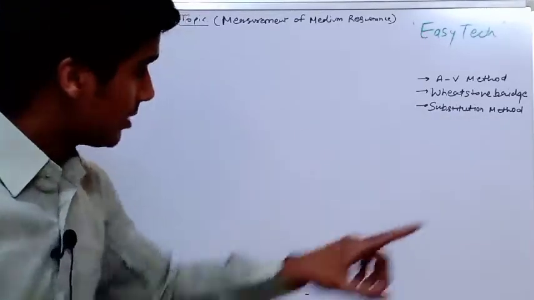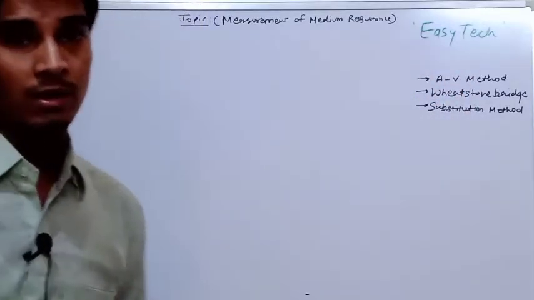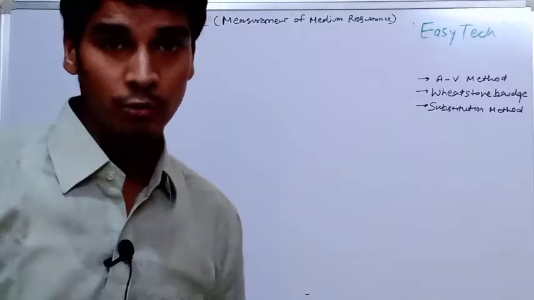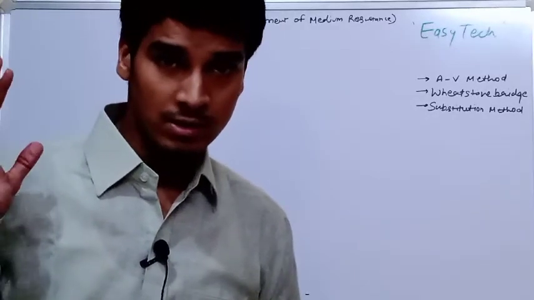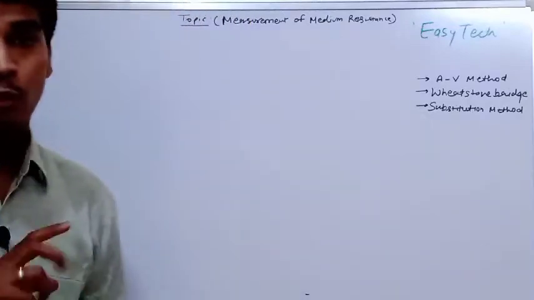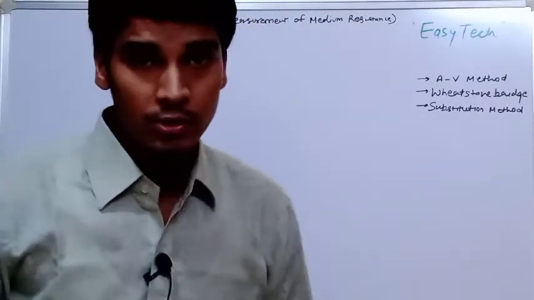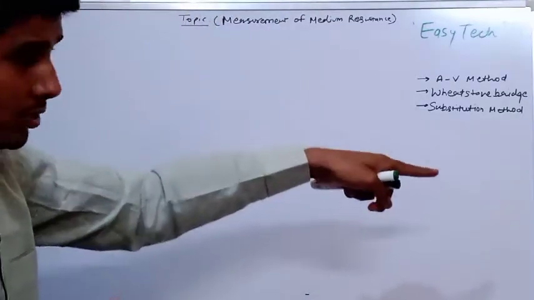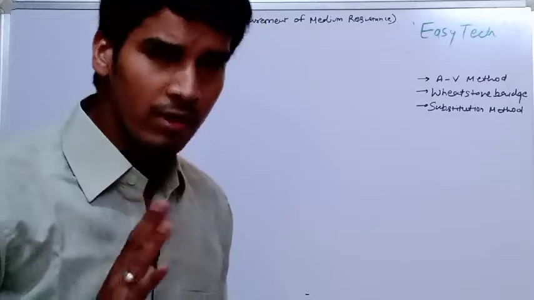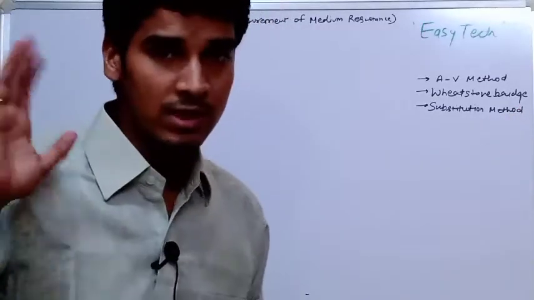In the last lectures we have studied ammeter voltmeter method. There we have used an ammeter and a voltmeter, and by taking the ratio of the voltmeter reading to the ammeter reading we can calculate the value of the resistance, that is medium resistance. There were two cases. When the voltmeter was connected near to the load, there was a different condition, and when the ammeter was connected near to the load, then there was a different condition. And in the Wheatstone bridge we have studied the simple numerical and the advanced numerical based on the Wheatstone bridge under balanced and unbalanced condition.